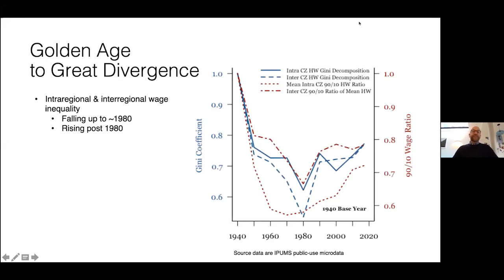All right, so I'll start from the beginning here. What we're interested in explaining is inequality, and specifically wage inequality. We're interested in it at two different scales: one between people, or interpersonal inequality, and another between places, or interregional inequality. As an opening stylized fact, we are tracing the evolution of both of those.